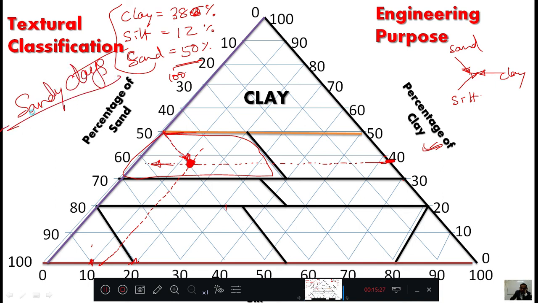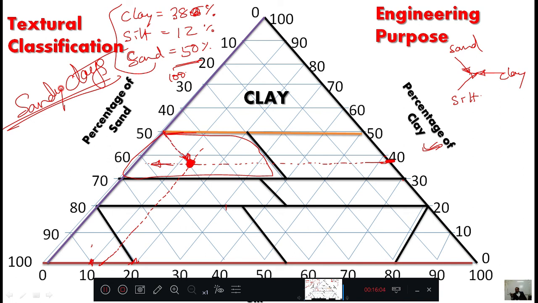Sandy clay means clay is somewhat more, but sand is mixed with that. Okay, now this is the classification. There are some merits and demerits here. The merit is that it is very easy to classify and name the soil. The demerit is that the gravel part is ignored, and another demerit is that here we are not getting any plasticity property, liquid limit, consistency or strength properties. We are not getting anything here. We are only giving some name to the soil. Therefore there are some demerits.